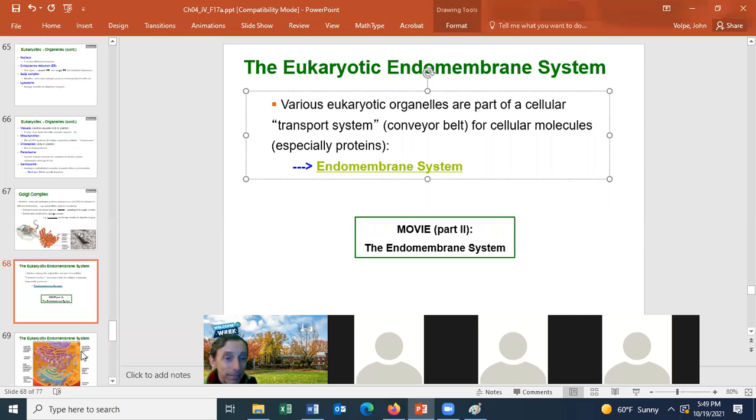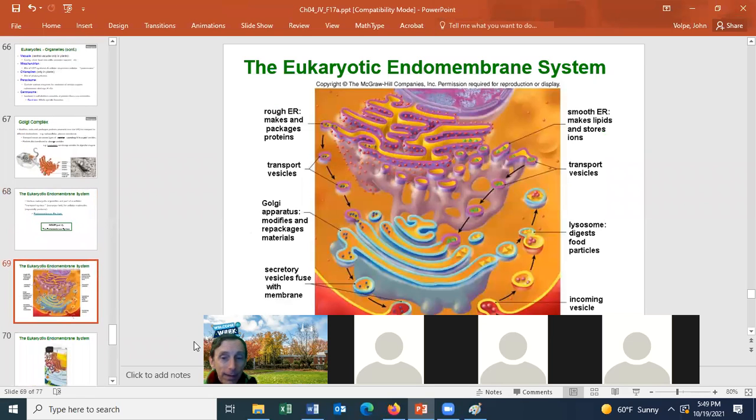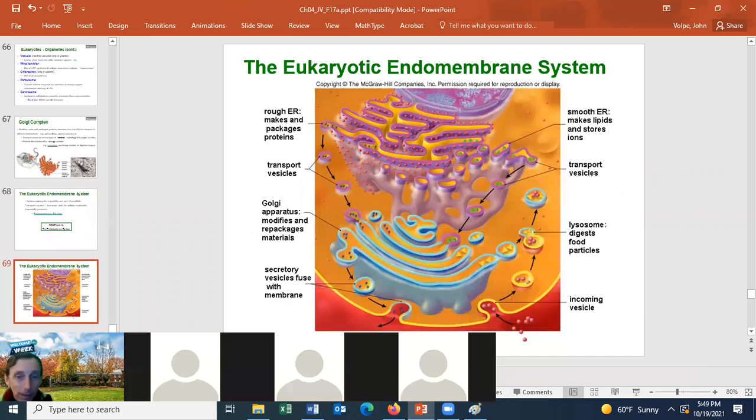PowerPoint. All right. So in a nutshell, this picture is showing you the endomembrane system. It really starts with the endoplasmic reticulum, and it's largely the rough endoplasmic reticulum because that will be the site of protein manufacture. And then the proteins are made here, and then they're put into a vesicle, and then the vesicle fuses to the